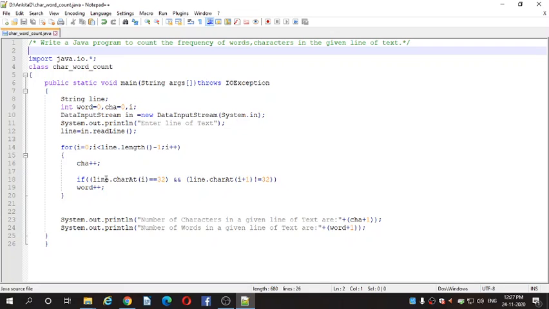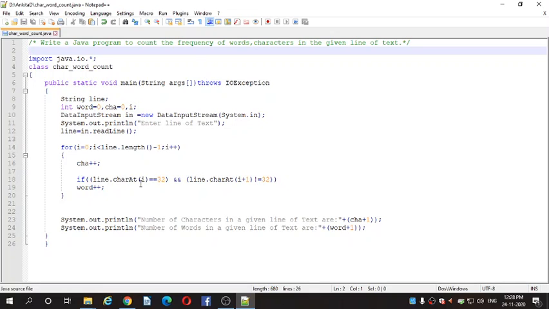If this for loop condition is true, then it will increment the character by char plus plus. Then inside the for loop we have an if condition. Inside the condition we have written line.charAt(i) double equals 32 and line.charAt(i+1) is not equals to 32. It means the character at i, if it is equal to 32, 32 is the ASCII code for white space.